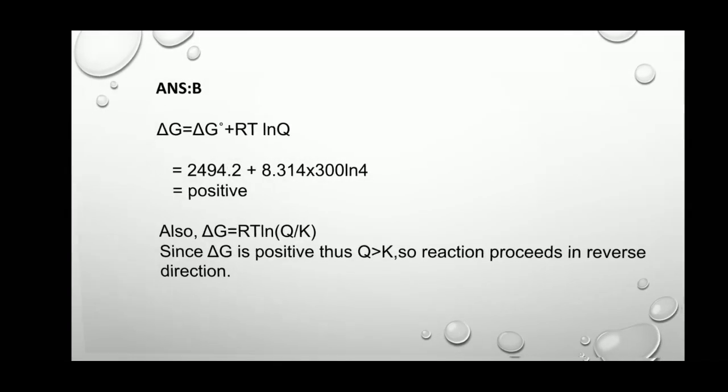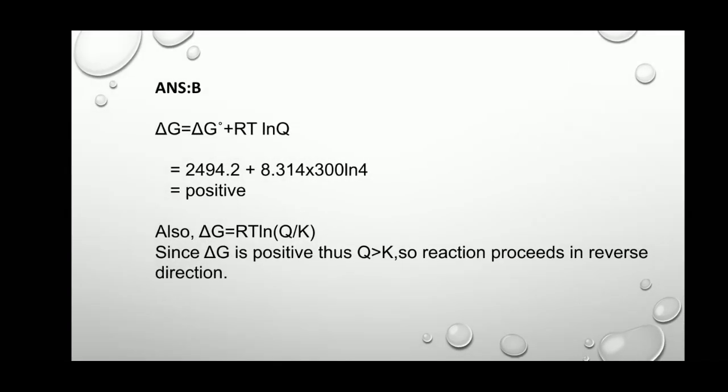Here we can use the formula ΔG = ΔG° + RT ln Q, where Q is the reaction quotient. By putting in the values, we find ΔG to be positive. We also know that ΔG = RT ln(Q/K), where Q is the reaction quotient and K is the equilibrium constant. Since ΔG is positive, Q has to be greater than K, so the reaction proceeds in the reverse